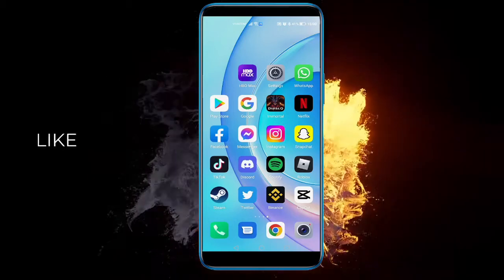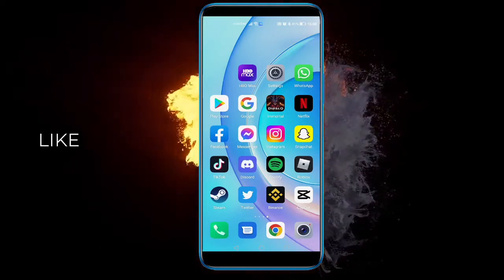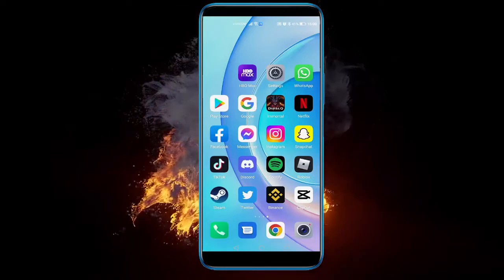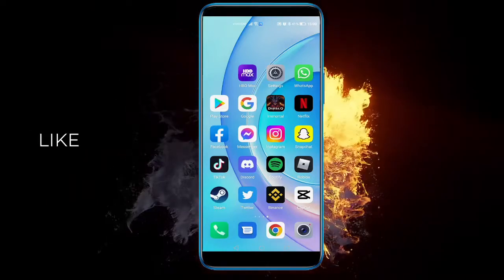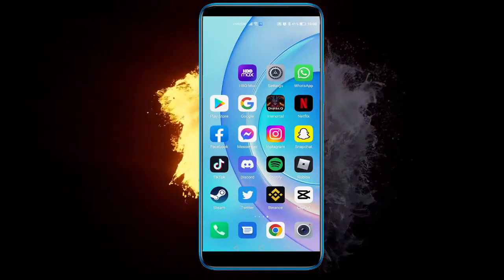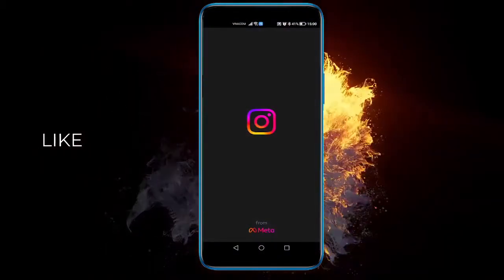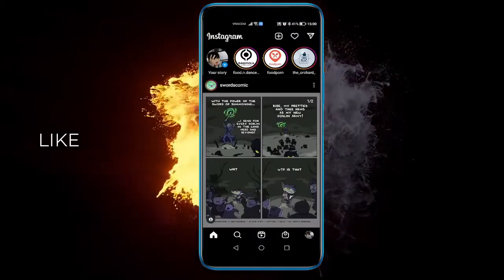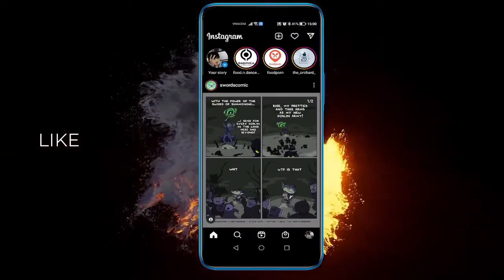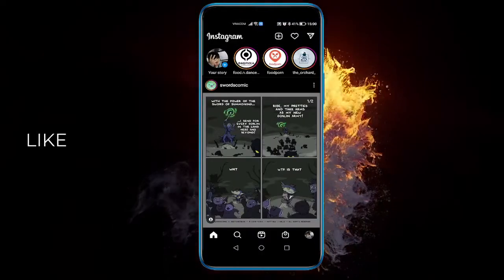Hey there everyone, in this video I'm going to show you how to check deleted content from Instagram, how to see in someone's profile if they deleted some picture or comment or anything basically from their profile, but you have to have access to that. So if you want to see what you've deleted yourself as well, go to your Instagram